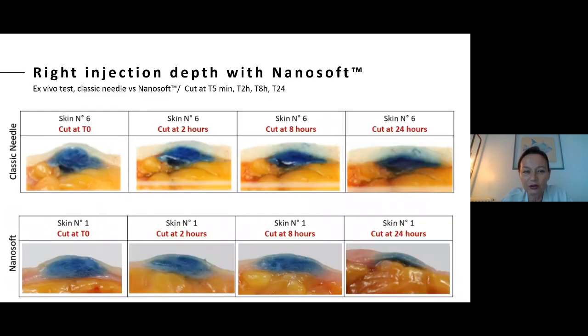I want to show you what makes the difference between Nanosoft and a classical needle. On the top, you have, represented by the blue, the Nctf, that is deposited with a needle under the dermis. On the lower part, you have the Nctf deposited just where it has to be, in the dermo-epidermic junction. And you can see why the Nctf is so efficient, because it is injected where it has to be